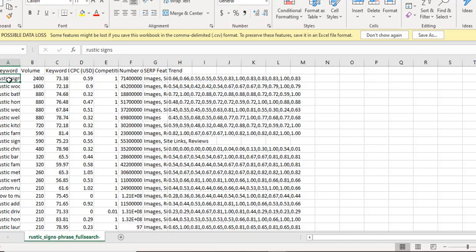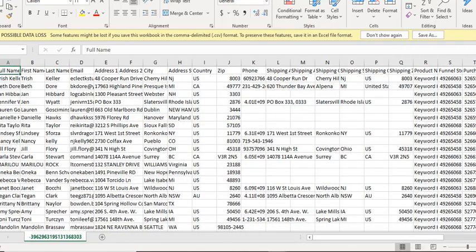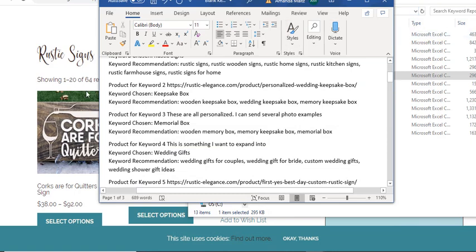Just pay attention to these two columns. So this is the rustic sign keyword report. So you can see rustic signs, rustic wood signs, rustic bathroom signs. You're just going to go through and pick out whatever you want. Keep your volume, which is your searches per month on Google on average, between 100 at the lowest and 5,000 at the highest, and you will be just fine. So with this,